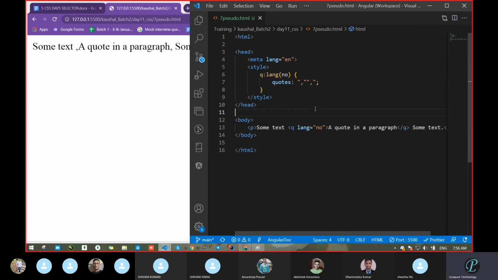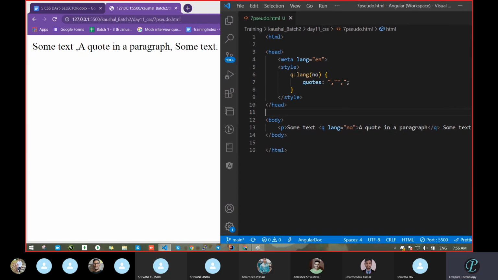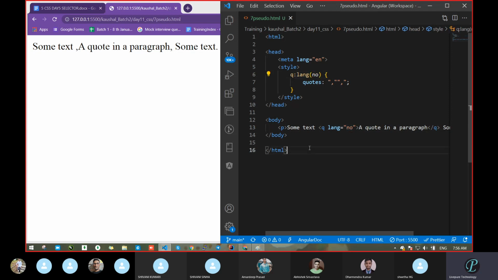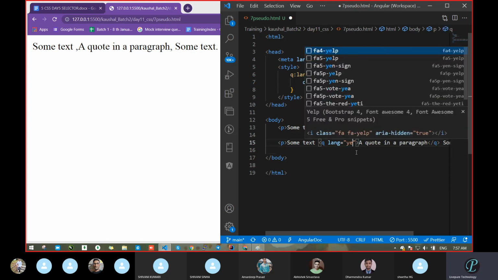See what I defined. I defined my rule that whenever I use q, because inside q I referred to this lang equal to none. And when we pass the none class inside this one, let's do one thing. Pass one more, then you will get a better idea. Pass here any language reference, that is a reference actually.